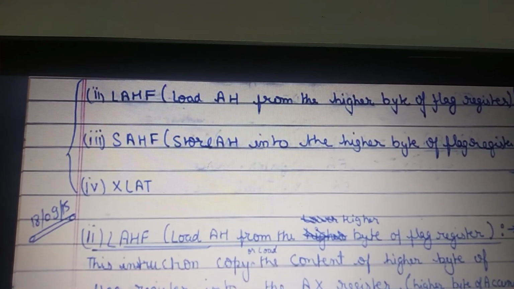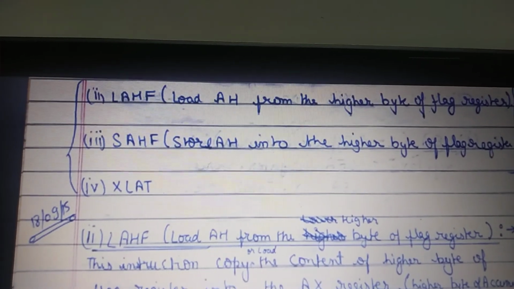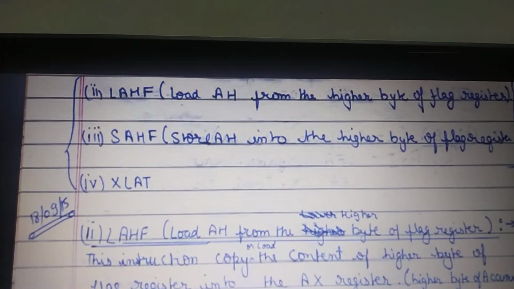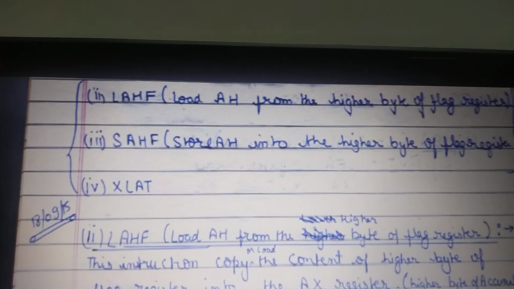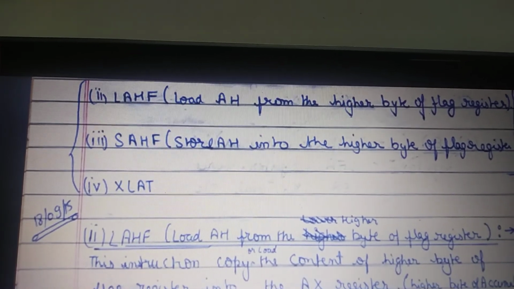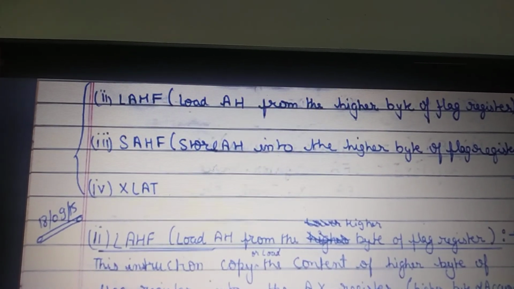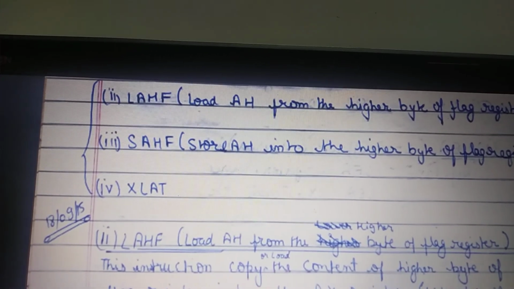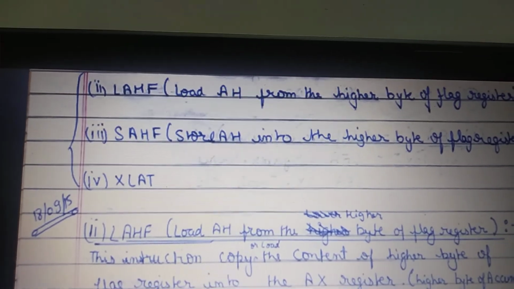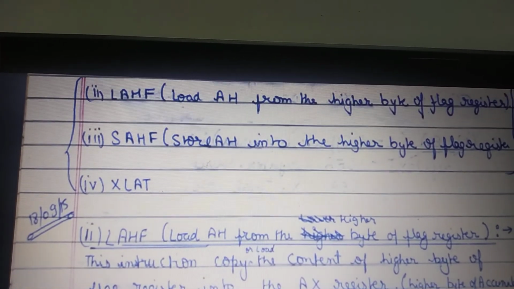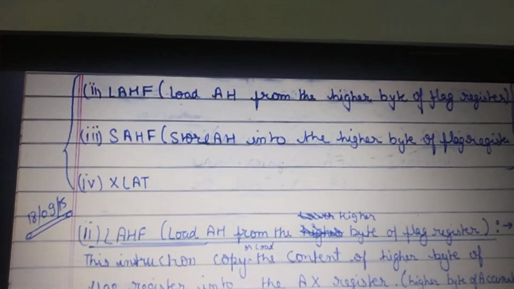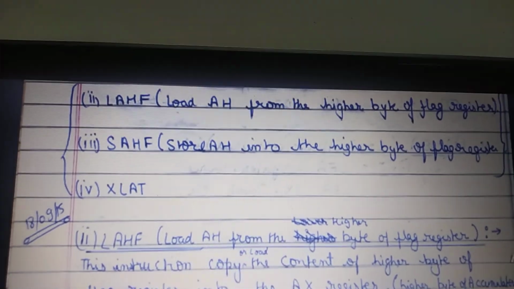So here, what will happen? The LAHF instruction loads the higher part of the accumulator from the flag register. The flag register is a 16-bit register that can be divided in two parts, lower byte and higher byte. If we execute the LAHF instruction, the flag byte will be transferred to AH. Similarly, if we execute the SAHF instruction, the opposite process will happen. The content of accumulator's AH, the higher part, will be stored in the flag register.